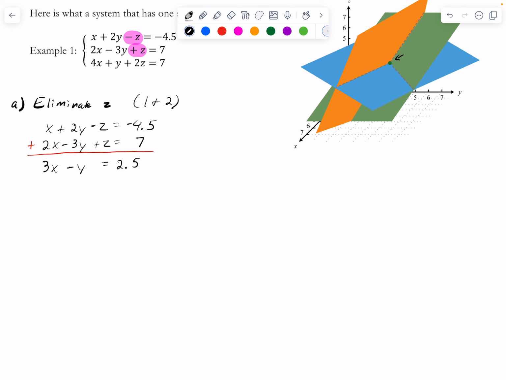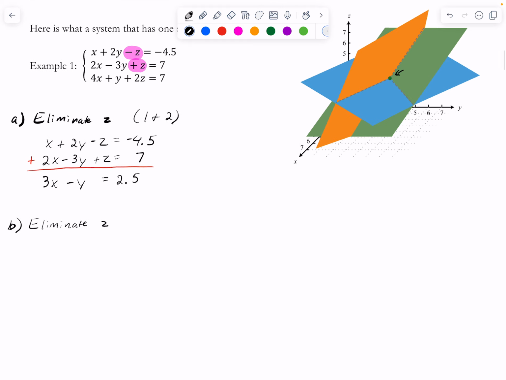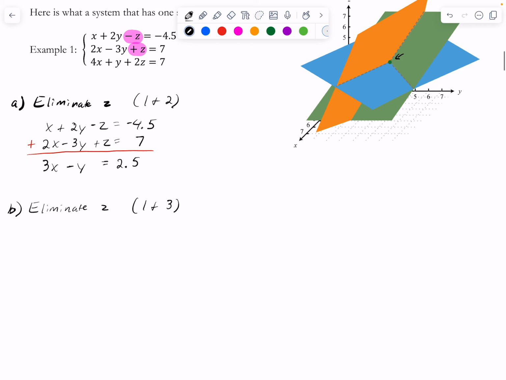Now I'm going to go to letter B, or my second part, if you will. All right, I'm going to eliminate z again, but this time I'm not going to use equations 1 and 2. I just used those. I'm going to use equations 2 and 3, or 1 and 3. Okay, so write down equation 1, write down equation 3,